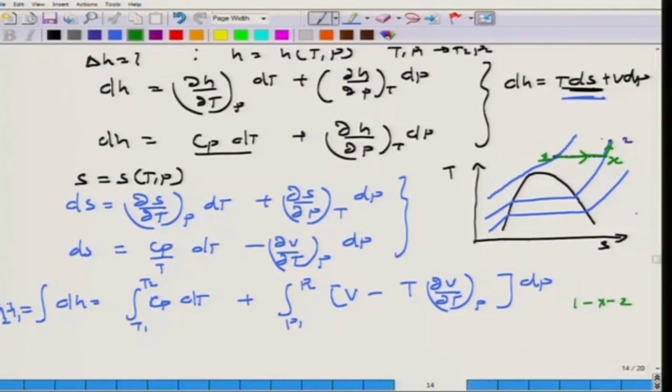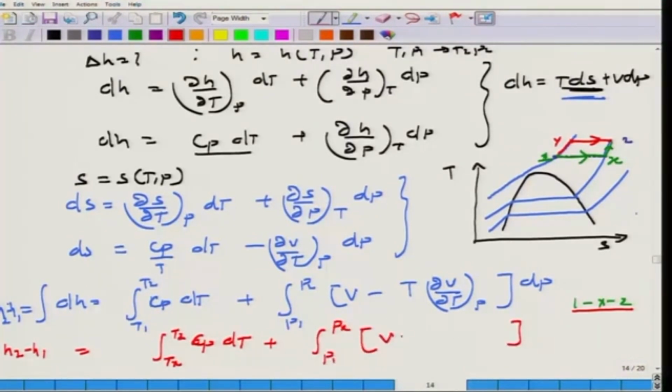Okay, or you can do this exercise a different way, where you can take it to let's say y, where 1y is isobaric followed by isothermal. There are many possibilities one can think of. For the case of 1x2, this expression would be, because you remember this is at constant pressure, this term is useful for constant temperature, hence I can write H2 minus H1 as the integral from Tx to T2 of Cp dT plus the integral from P1 to Px of